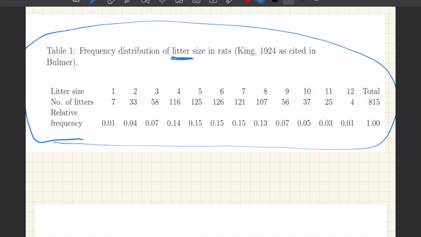So in this table, there were a total of 815 rats that gave birth to some number of babies. Okay, and if we divide these numbers, number of rats here, by 815, we get these relative frequencies. So intuitively, these relative frequencies may be considered as the probability that a rat gives this many number of